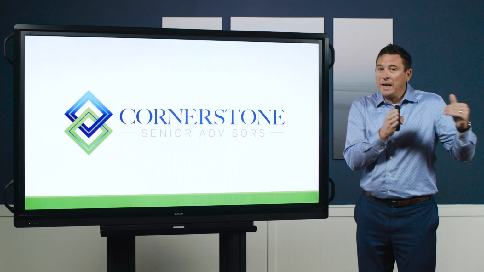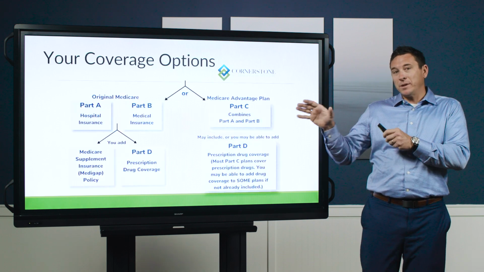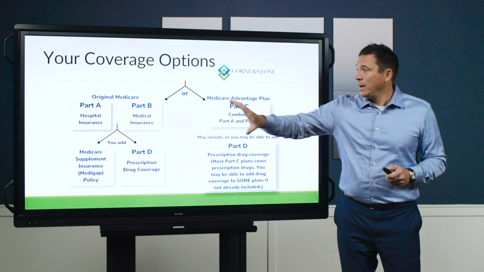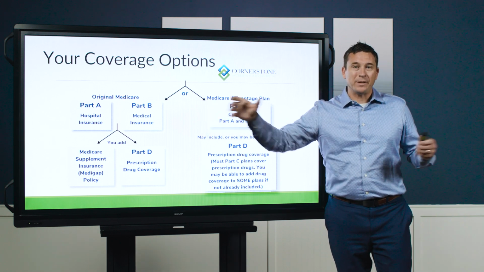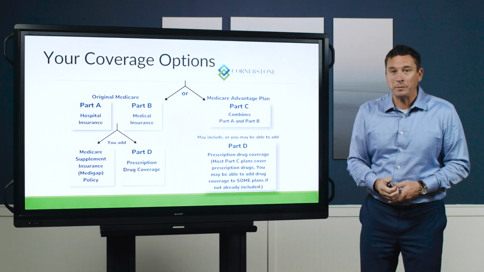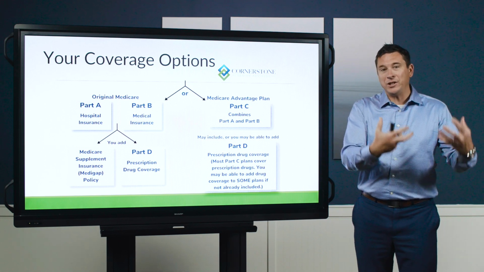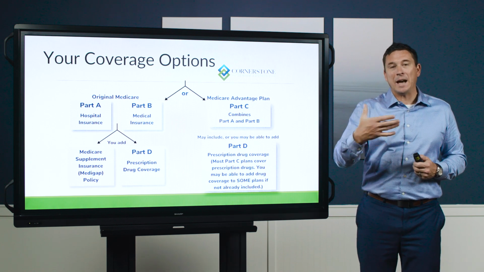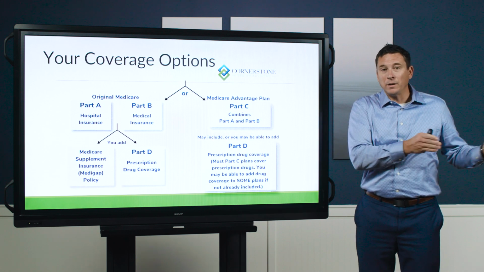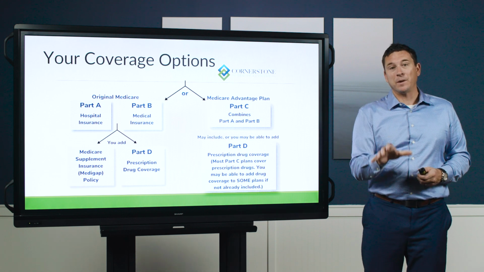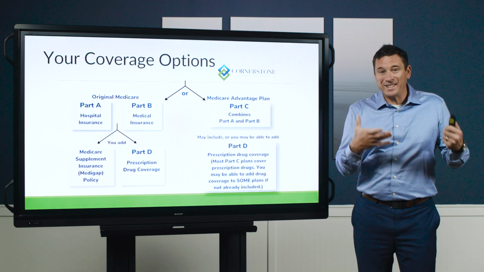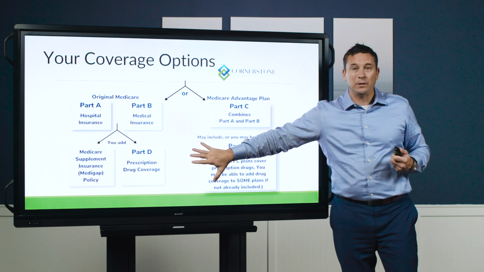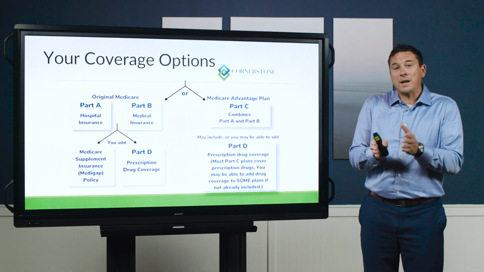Now, before we get into the annual election period, let's back up and look at the two different routes with Medicare that you can take. First option, you can go with original Medicare and a supplement with a standalone drug plan. When I talk about Medicare supplement plans, we're talking Plan F, Plan G, Plan N, things like that. You combine those with original Medicare to fill the gaps of Medicare. I've done videos on all of those plans, if you want to check them out. When you go with original Medicare and a supplement like that, you're then going to get a standalone drug plan. This is your PDP, or standalone prescription drug coverage. That's your first option with Medicare.